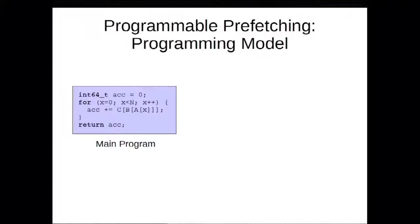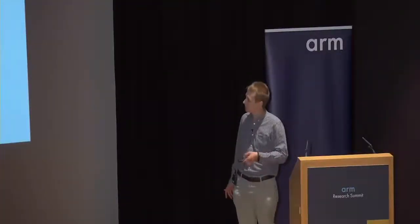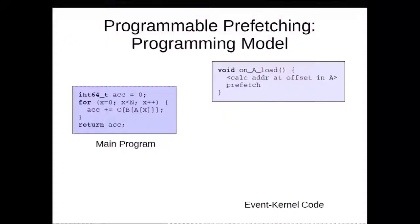So we have 3 arrays, A, B, and C, and we're using them all to index into each other. And so that's probably 3 cache misses happening, and you want to be able to deal with all of them without stalling. So what we can do is program our parallel prefetch units to observe the memory accesses that the main core is doing and prefetch them so that when it gets to those accesses, they just happen to be